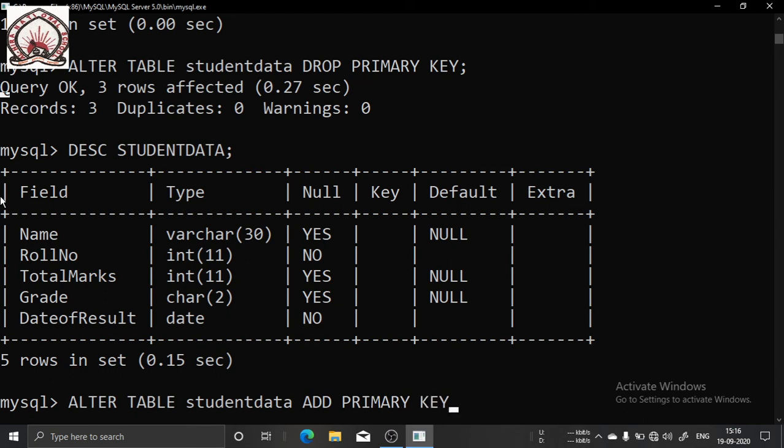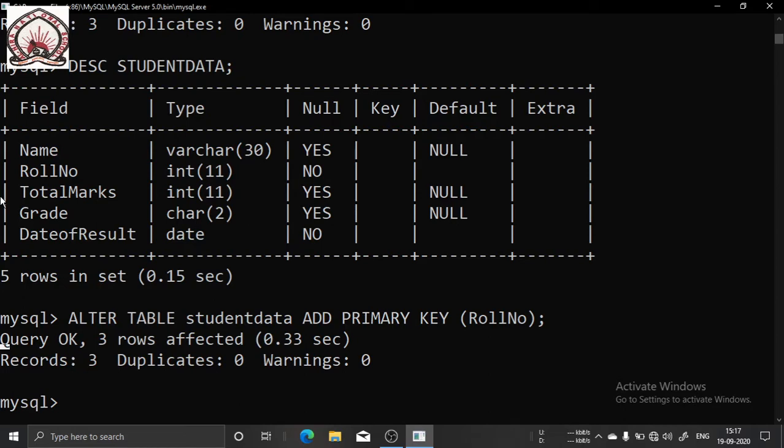Which column am I adding it to? Roll number. So within brackets I will give the name of the column, roll number.